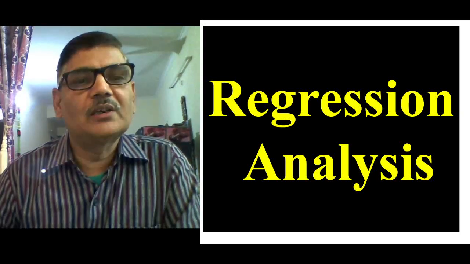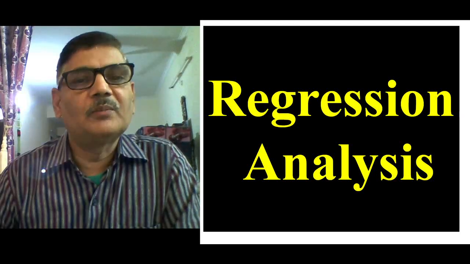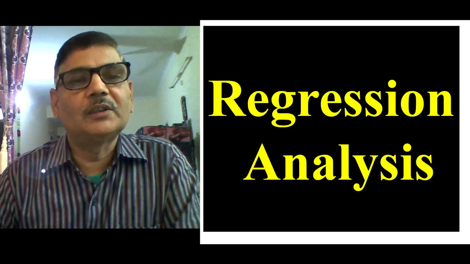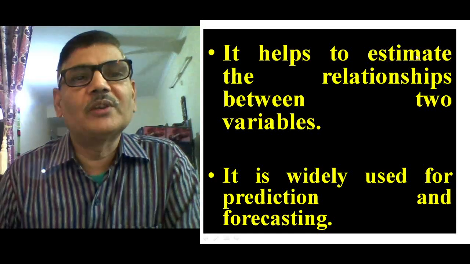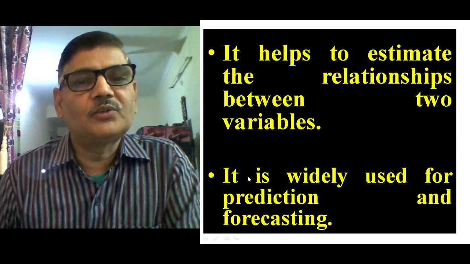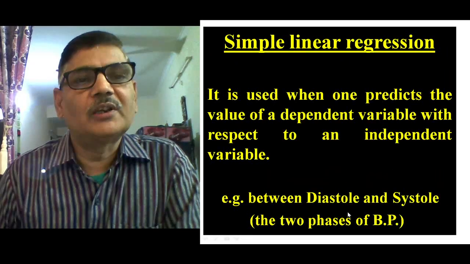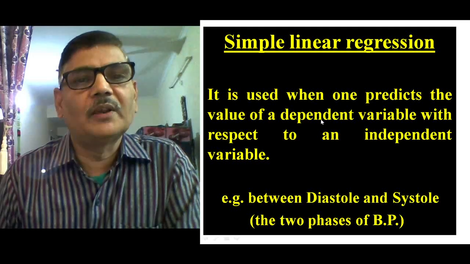So regression analysis is one of the statistical methods by which we are able to predict the value of one variable with respect to the given value of another variable. So it helps actually to estimate the relationship between two variables, and it is widely used for predicting and forecasting about certain events. So it is used when one predicts the value of a dependent variable with respect to an